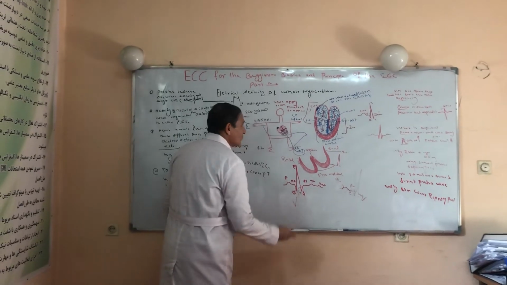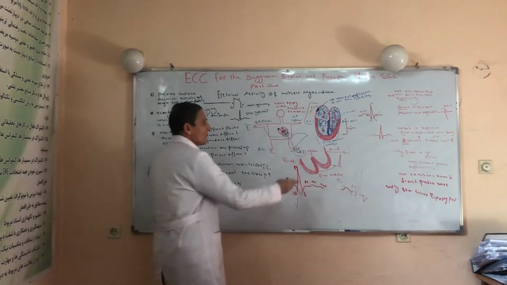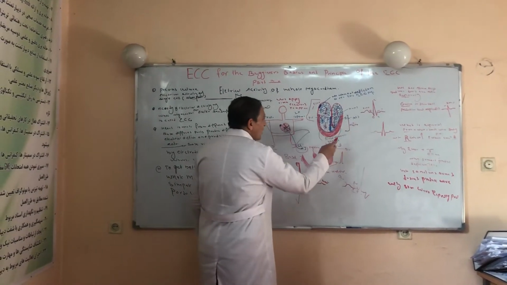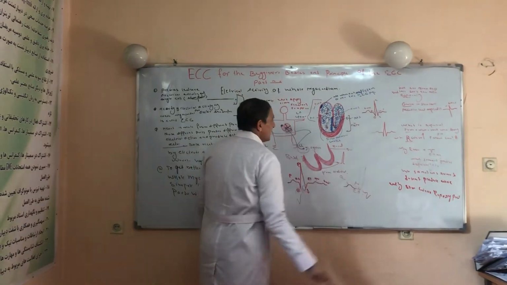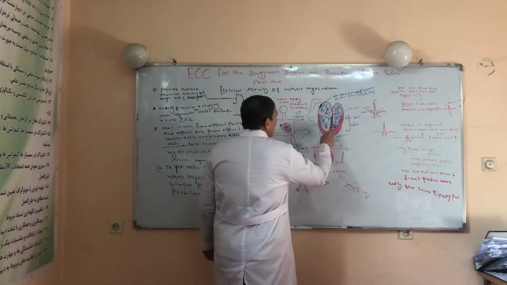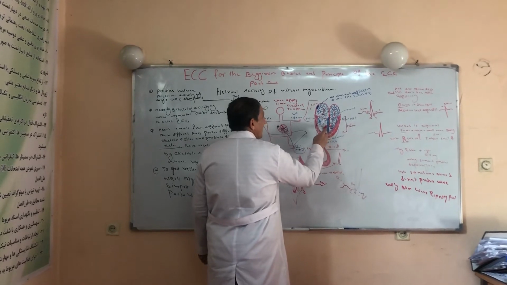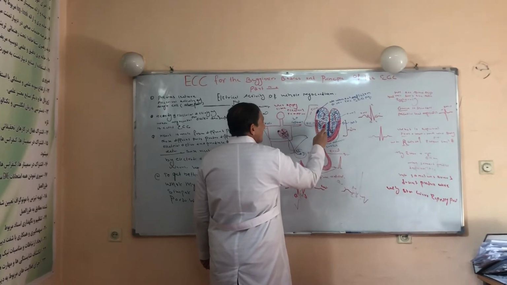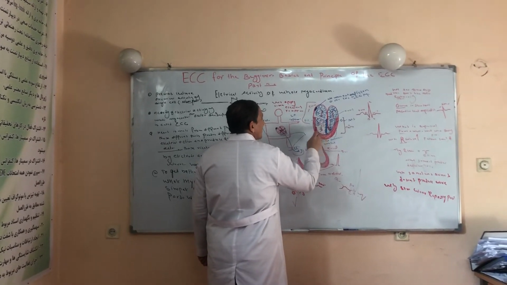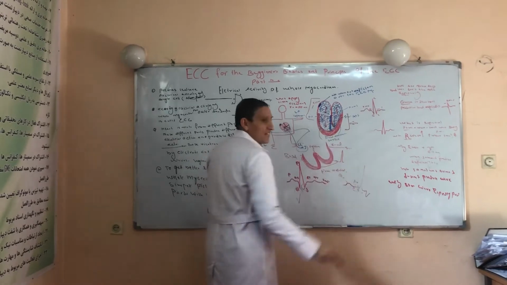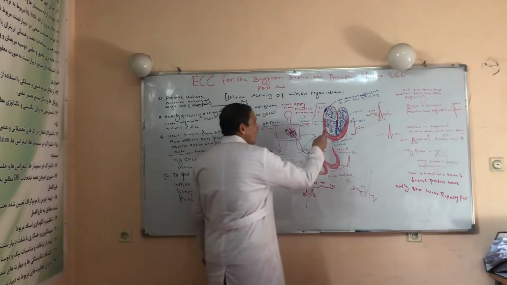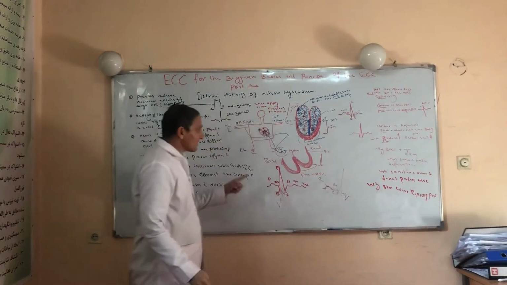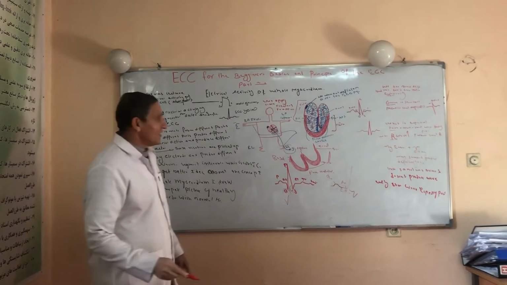After the Q wave, we come to the major part of the ventricles, the free ventricular wall. Right now we see how these two ventricles are electrically activated. The left bundle branch sends the electrical impulse to the right ventricle. In the right ventricle, first this group of cells is depolarized, then the second, then the third, then the fourth, and then the fifth. Finally, the right ventricle is depolarized. We show this by a small vector, because the right ventricle is a little bit smaller than the left ventricle.